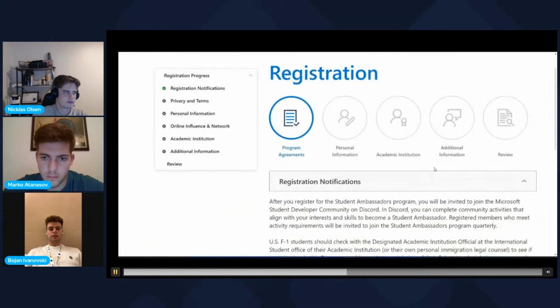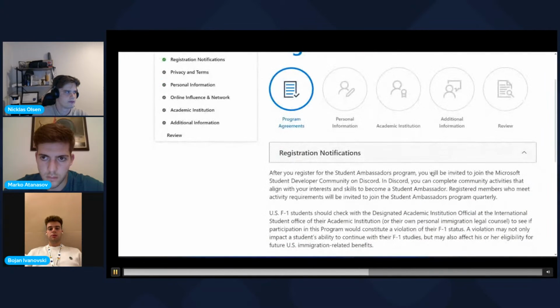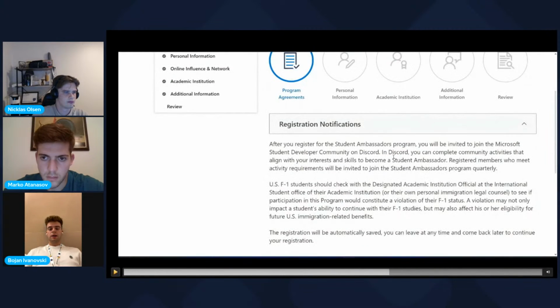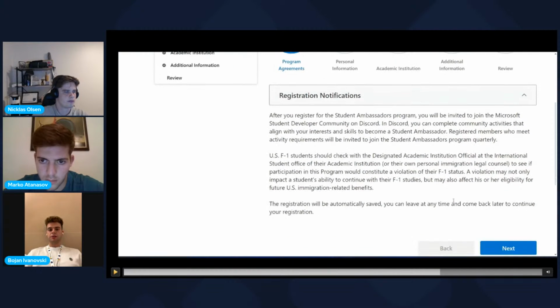Here you click Get Started, and after you click Get Started, you will see some bubbles with descriptions of the things that you need to do. Firstly, you have the program agreement. The program agreement is a very important part, and that's why I advise you to read it carefully. There is information here that is very important, such as